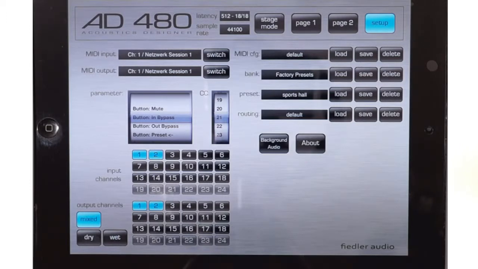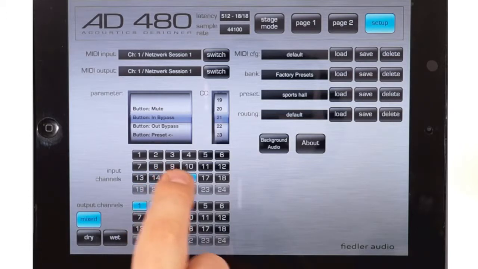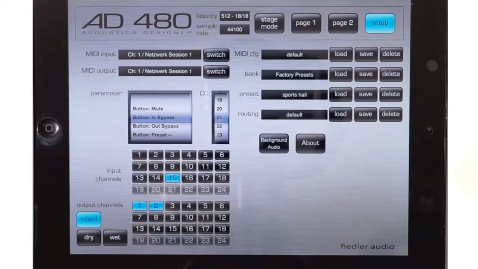To select the stereo pair, just click on the first of the desired channels and the adjacent channel is automatically selected. If you want to select a mono input, select the input you want and then tap the other channel which was selected automatically to disable it. Then only one channel is selected and the 8480 now runs with the mono input on both reverb channels. This is a mode you would like to use if, for example, you want to sing or play an electric